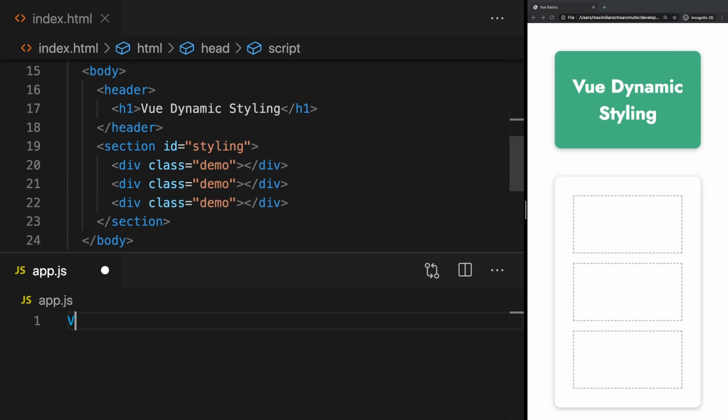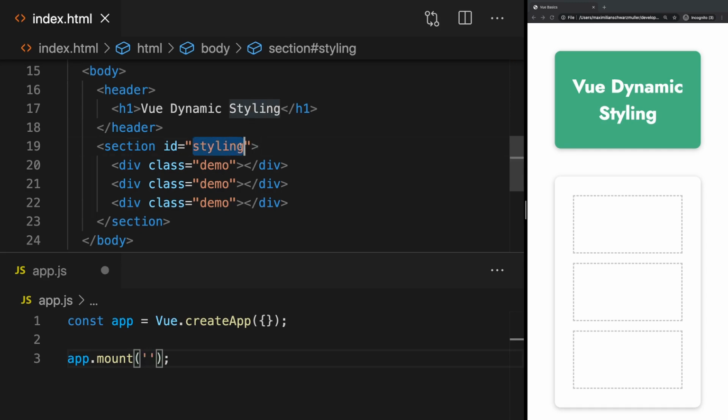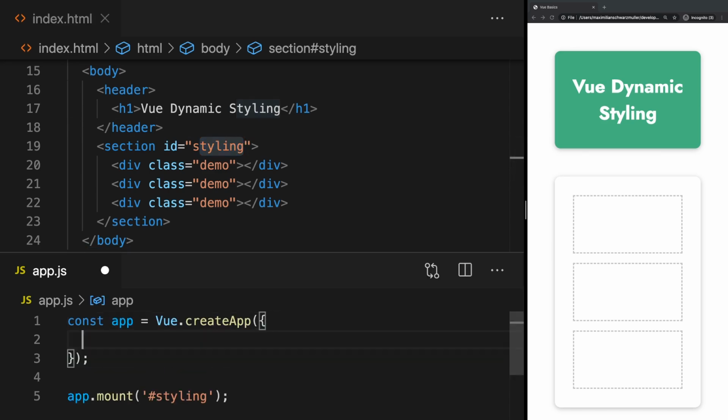Let's first of all create a new app with Vue.createApp, pass in our object, store it in a constant maybe, and then call mount on our app to mount it to a place in our HTML code, in this case to this section which has the styling ID with #styling. And now let's say we want to be able to click on those divs and highlight the div which is active. Now one way of doing that, probably not the shortest way, but definitely a way that should be easy